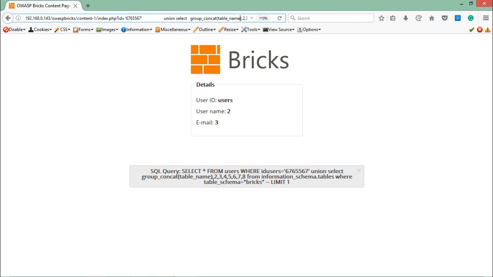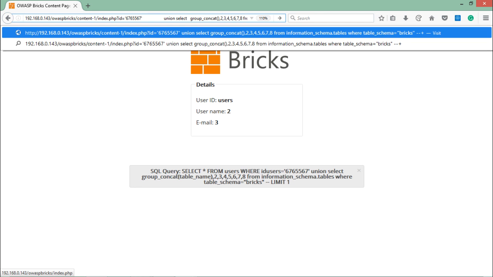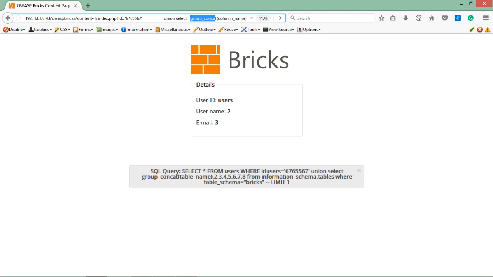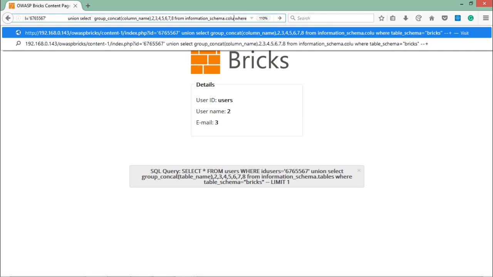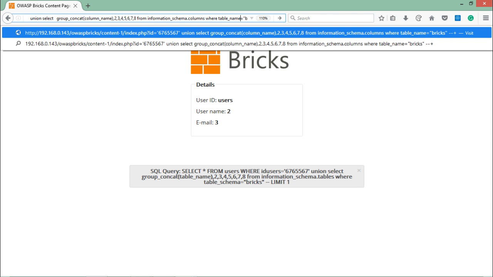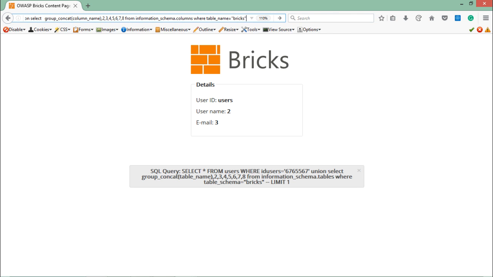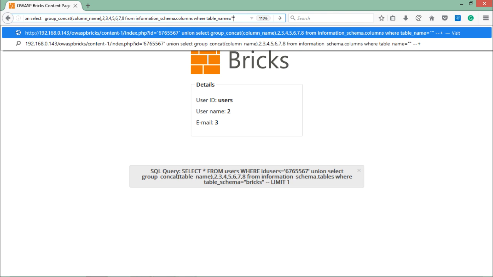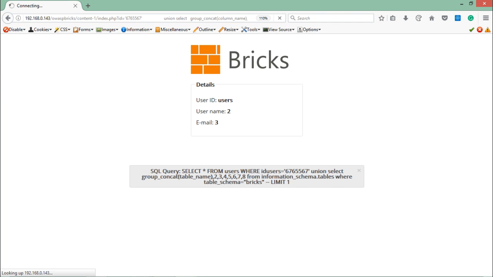So this is the SQL query which we will use to find out the column names. So let me edit this previous query. Instead of table_name, let me just write column_name here. And here you can see that I am still using this group_concat function, which means this function will display all the column names present inside this Bricks web application database. So from information_schema.columns, where table_name equals users. Now if I just hit enter,